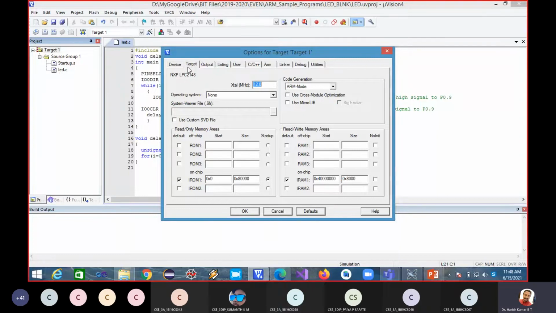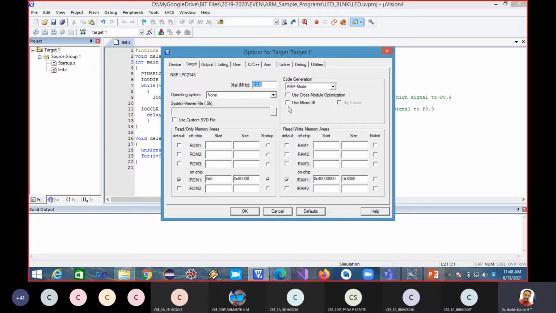In the target, this is my target device, LPC2148, and the frequency at which my LPC2148 is operating is 12 megahertz. So this is the crystal I was mentioning, the oscillator circuit and the clock requirements needed for the processor. So what is the clock we are giving? 12 megahertz. And see code generation mode. What is the mode? ARM. Okay.